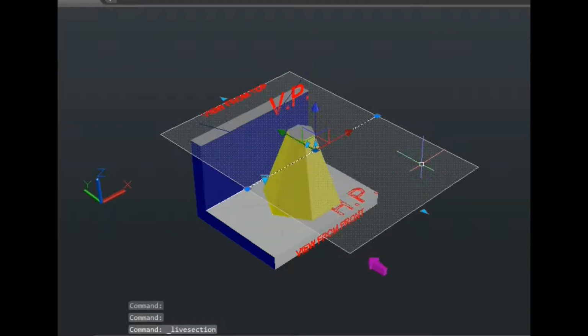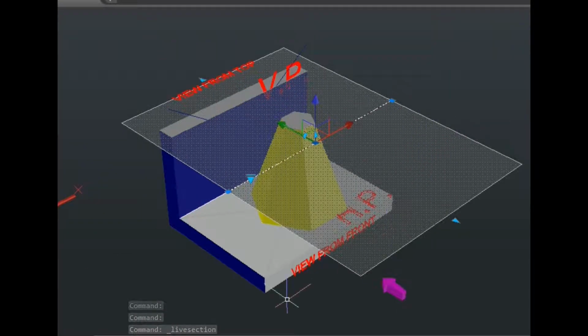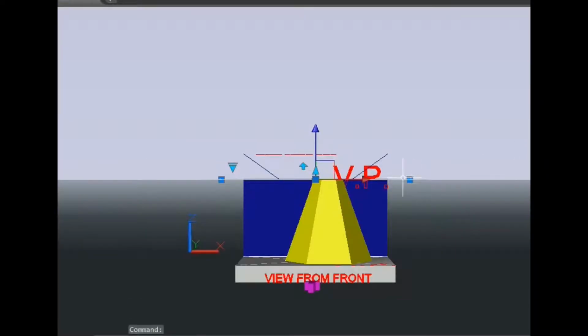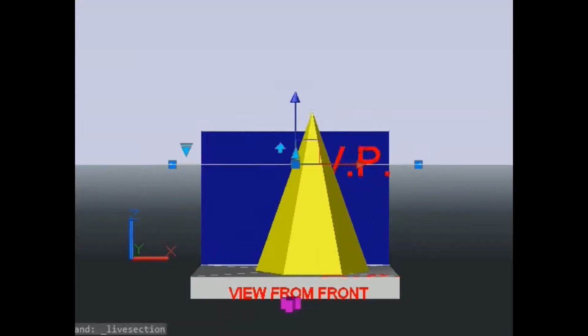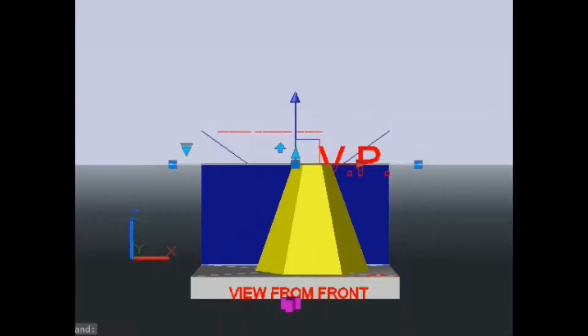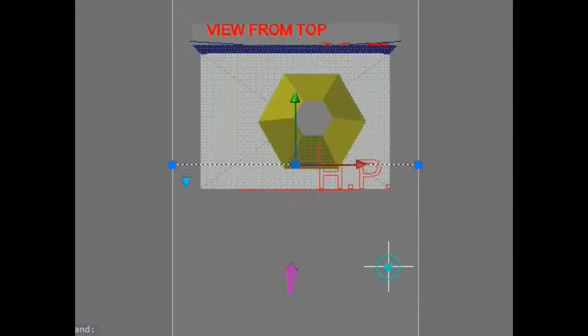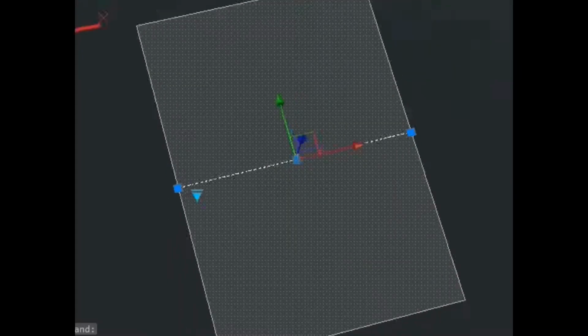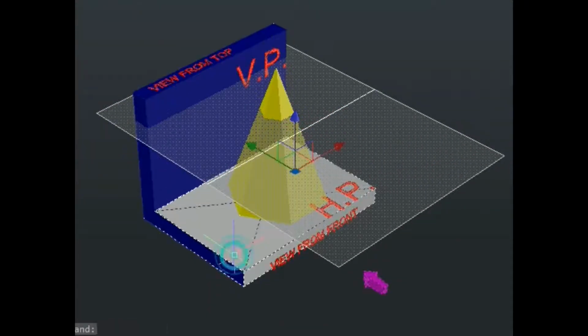So this is the section plane now which is cutting the hexagonal pyramid at a distance of 45 mm from the base, and it is also parallel to HP. So this is going to be our final front view in which you can see the cut portion, and this is going to be our final top view which will have one more smaller hexagon in section.